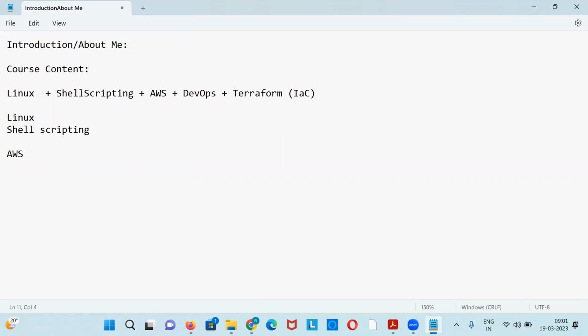Inside AWS, we are going to learn the computation part, storage part, networking part, database part, and integration services, SQS, SNS, and also load balancing, auto scaling, and CloudWatch. We have components like ECS, ECR, EKS. Whatever is required, almost 15 services we are going to learn as part of AWS. I will definitely tell you what the environment is, and I will show you real-time environments also.